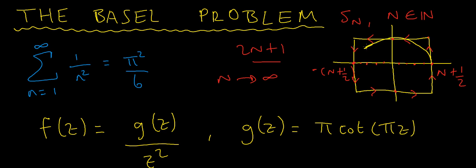Well, let's see if I can do this. Well, that's quite a bad circle, but you can see that the closest points to the origin are going to be the points here, here, here, and here. So basically at a distance of n plus a half from the origin. So in other words,